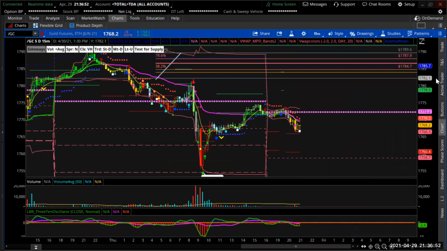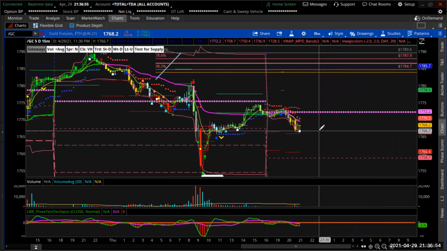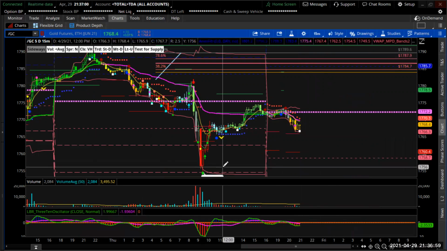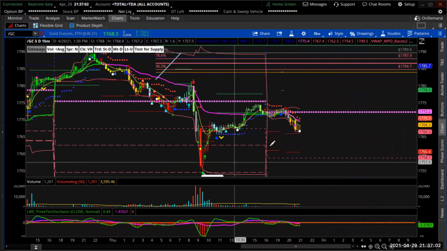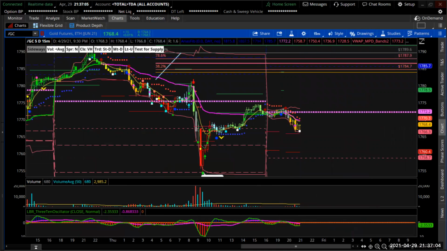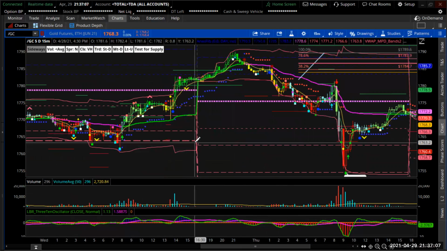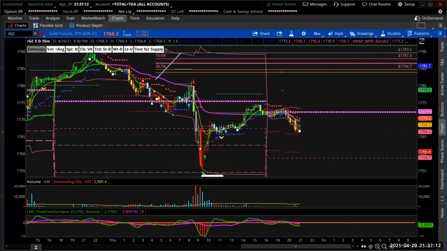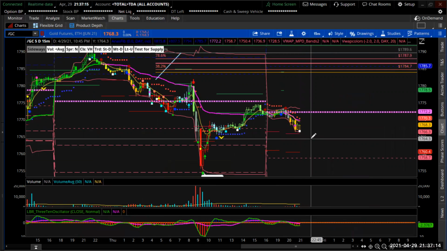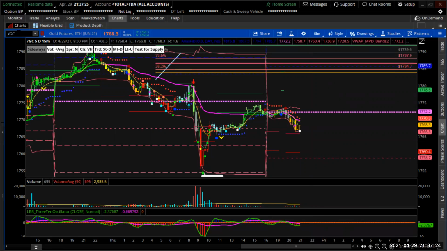All right, so GC is almost the same thing here. I think you will reach this low right here, the 1758 area, and then possibly here, about 1750 or whatever. All right, so watch this low as well here around the 1762. We might even bounce there, but for now it's under the pivot, and I always like shorting when it's under the pivot, under VWAP, that kind of thing. So that is GC.